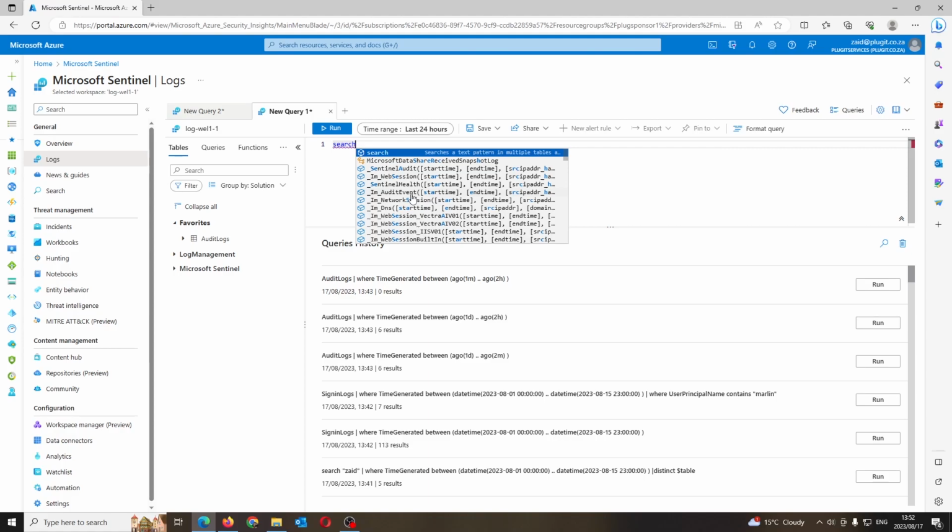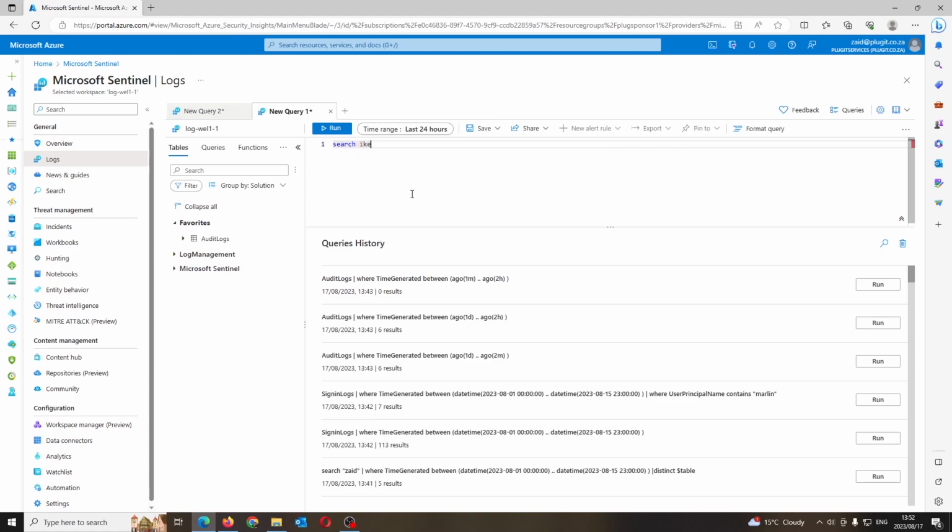If I wanted to find out what was happening, or anything pertaining to, let's just say, Ikram, let's just do search, and then we're going to have the quotation marks up, because that's his name. And then this is to search across all data sets. I'm just going to do a distinct, and then $table, because of course this is going to be across multiple tables. And then I'm also going to change the where clause,